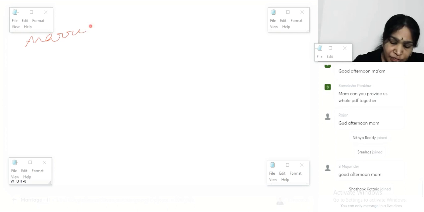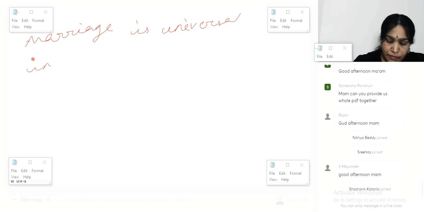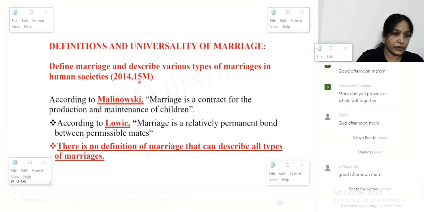Write down these points. Marriage is universal, or is found in all human societies. One or the other type of marriage is present in all human societies. But there is no definition of marriage which is universally accepted. Because any definition you take, let us suppose,